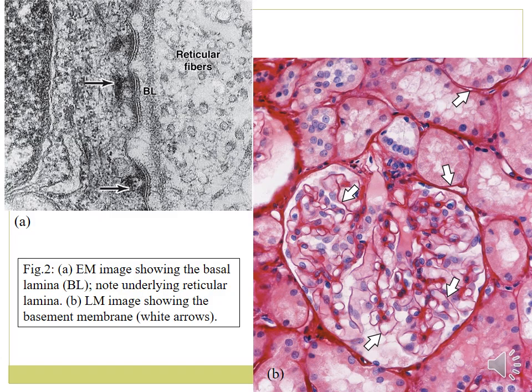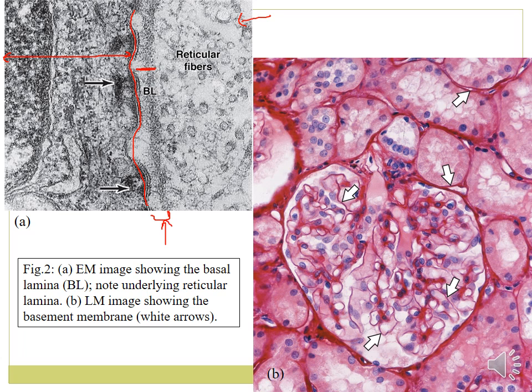So these two images. In this first one here, this is a transmission electron microscope image. This is a cell, this is a cell, and here we have the cell membrane. Notice how it is a thin white line surrounded by two thin black lines. Under it we have the basal lamina. Here, this is the basal lamina,